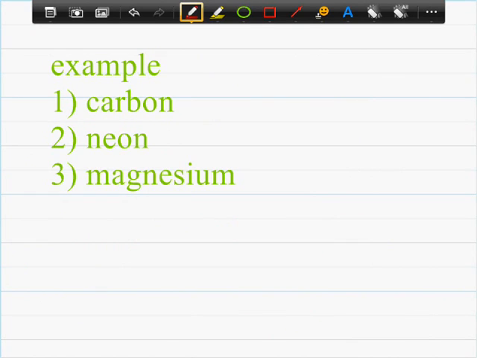Now for a few examples. If we were to write the electron configuration for carbon, we would again have to check the periodic table. According to the periodic table, carbon's atomic number is 6, meaning it has 6 electrons. So if we were to write for carbon, we'd fill up each orbital just like we did with boron until we get to 6. So we have 1s,